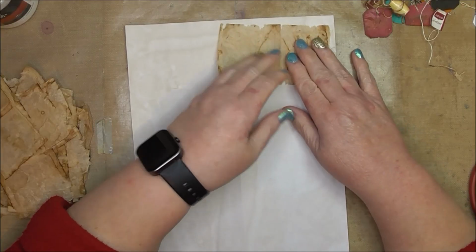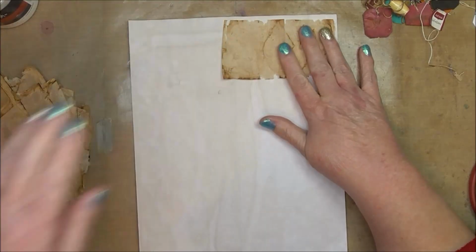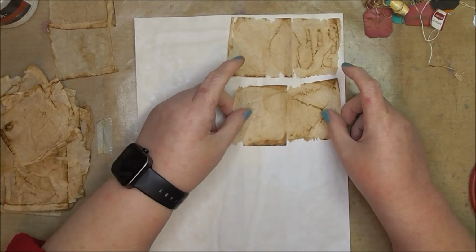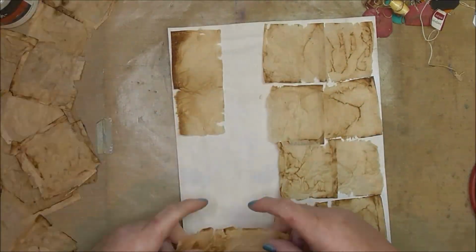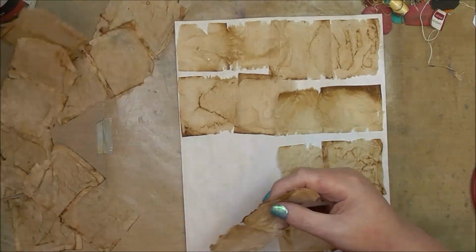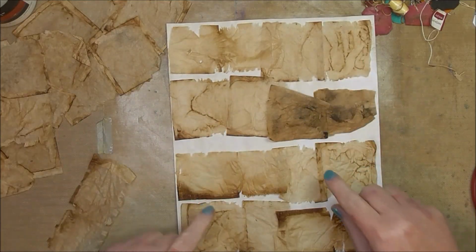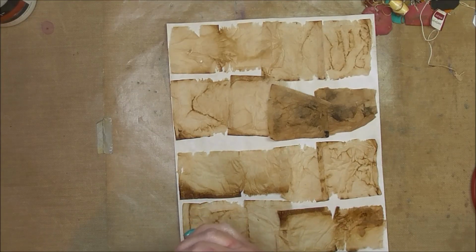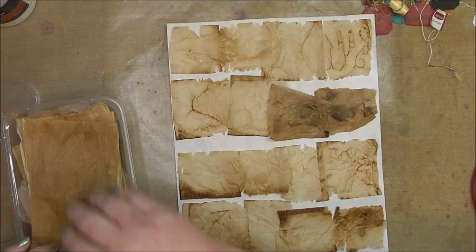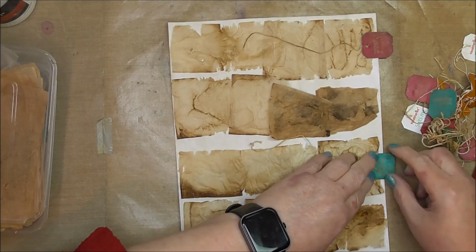So yeah, and that's okay. I don't want them finishing directly on there, but that's fine, and I like that there. I want some tea bags with character. So if I put the small ones on top, yep, that looks cool. I am tempted to do, actually, with this page, is to sew them on. And they should sew okay. And then have one of these, because that's kind of the colour. So if I do that,